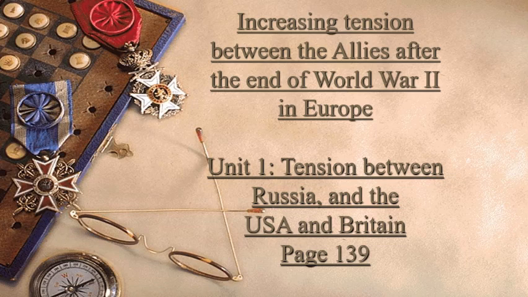In terms of what we also discussed in the previous lesson, we looked at the Yalta Conference in February of 1945, where the Allies decided what they were going to do with Germany once they had defeated Germany. We had a look at how they divided Germany into East Germany, which was communist, and West Germany, which was capitalist, and how they also divided the capital Berlin into East Berlin, which fell under communist rule, and West Berlin, which fell under capitalist rule. We then moved on to the defeat of Germany by May of 1945, and today's lesson is going to have a look at another wartime conference later on in that year.